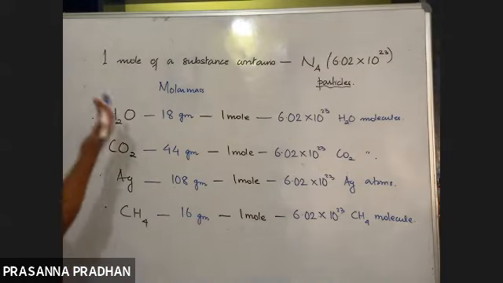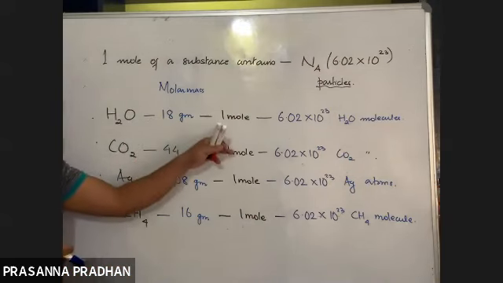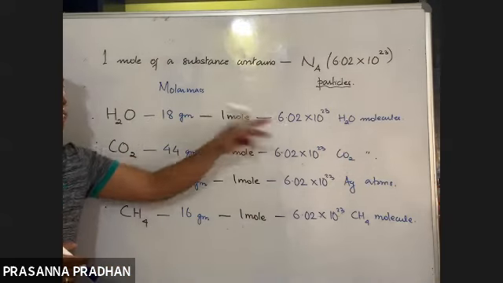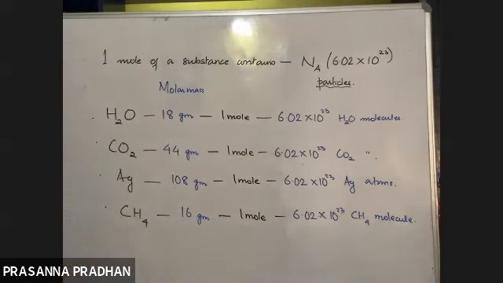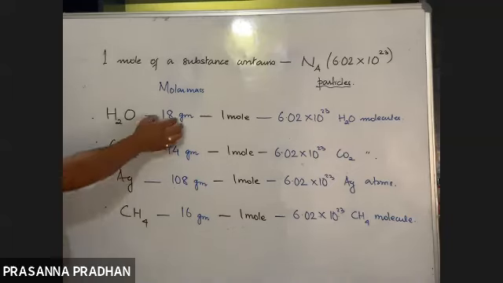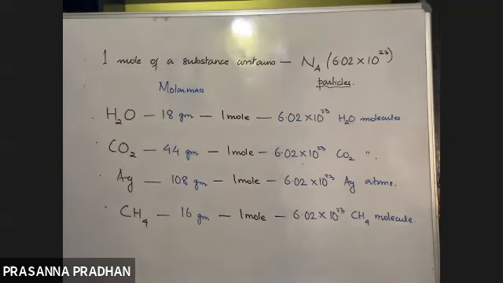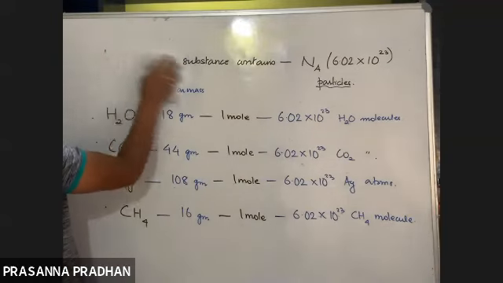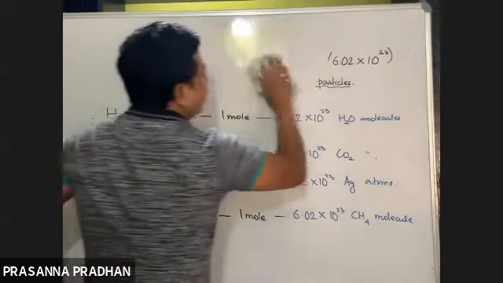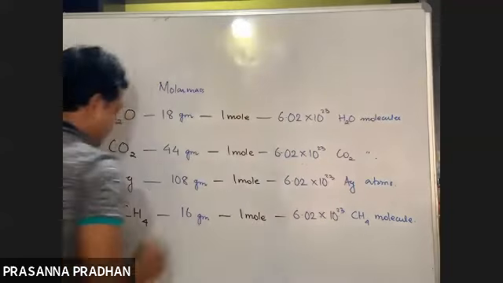Now, looking at this table now. Okay, so 18 gram means 1 mole. 1 mole contains this much number of water molecules. So now you give me a simple answer. How will you define molecular mass then? The molecular mass of water is 18 gram. And 18 gram of water contains this much number of molecules. Fine. So what is the concept of molecular mass? It is the mass of how many molecules then?